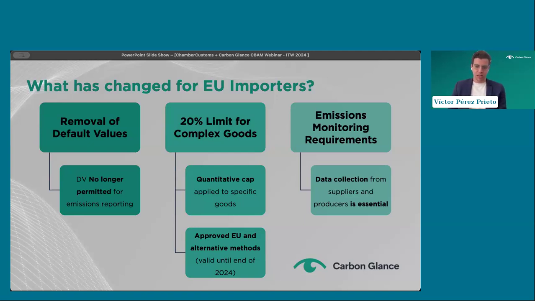So the main change that has happened, especially during the last reporting period, the October reporting period, was that, as Manuel already mentioned, the default values were no longer permitted to be used by the importers. This means that they had to start using actual data. However, there is this quantitative limit of 20% that still was possible. But let me explain to you a little bit what this means in practical terms.